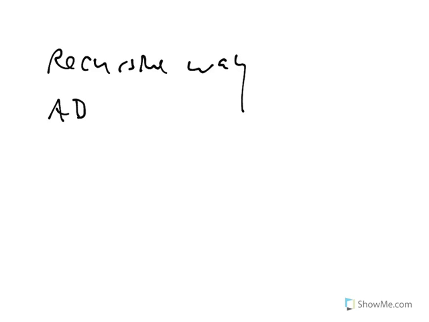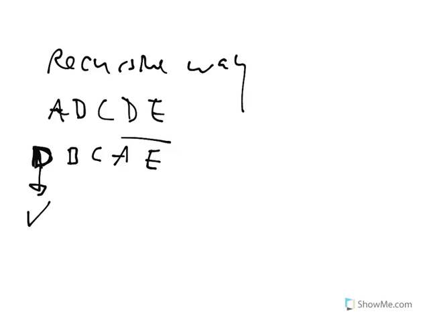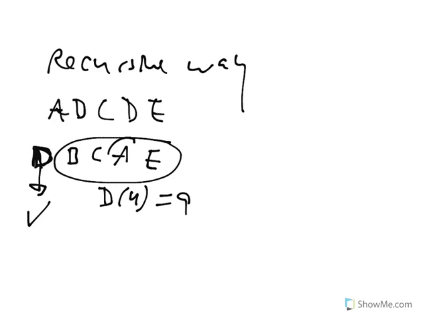The idea was, if I have 5 letters, A can't be the first letter in his derangement, so let's swap him with somebody, like swap him with D. Now, I can leave D in this place. So there's going to be some derangements that have D in this first place. So then I just have to swap around those other guys, which I can do 9 different ways, because I already figured out D4. However, I'll have left out some derangements because A was actually allowed to be in this